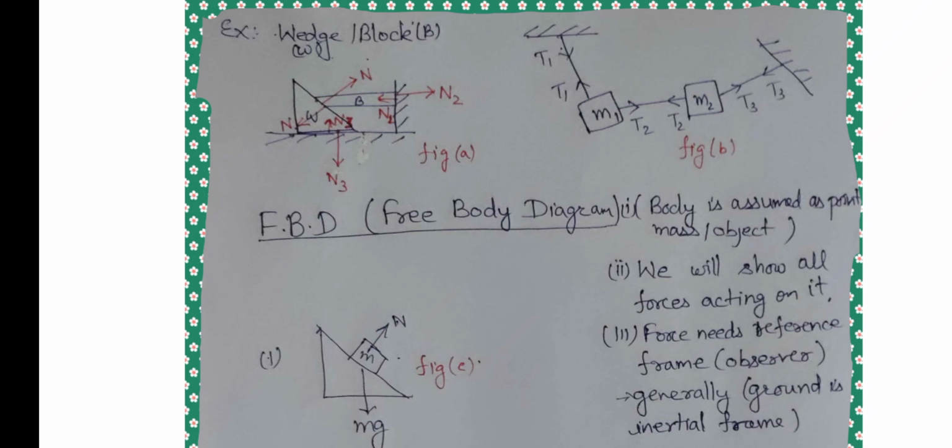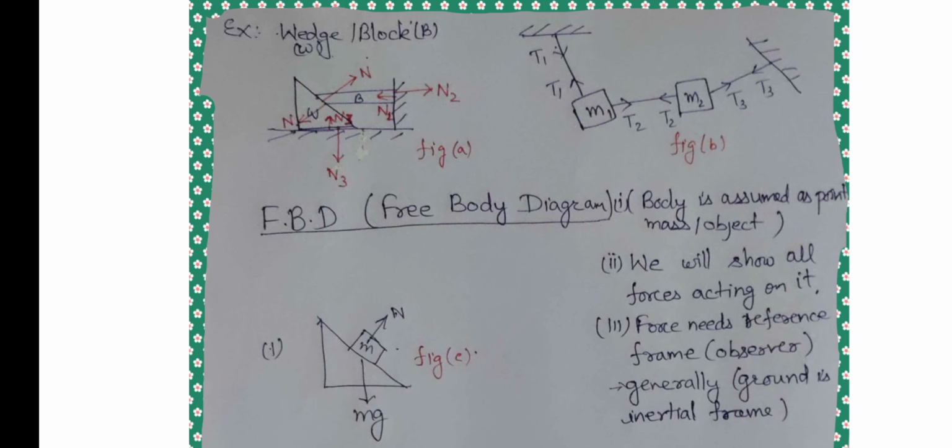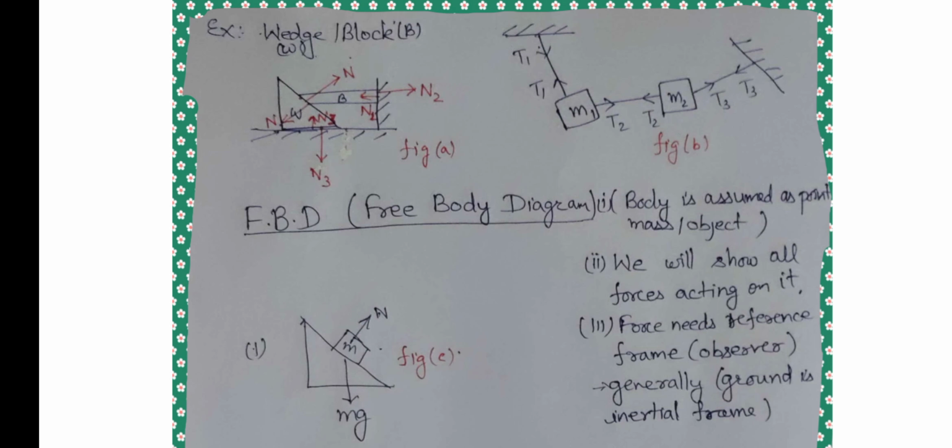Whenever we want to draw an FBD, we have to know the reference or contact point. So first of all, we see the contact point for N3. The normal force, N3, you can see in figure A. There is the contact between the reference and the wedge. One normal N3 is applied on the upward side and N3 downward.